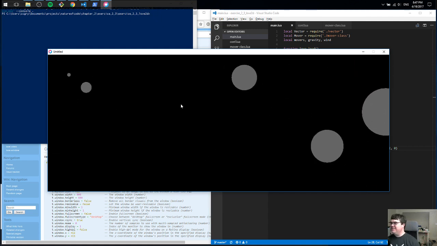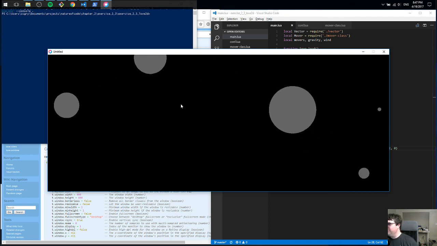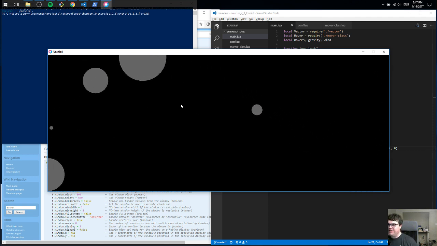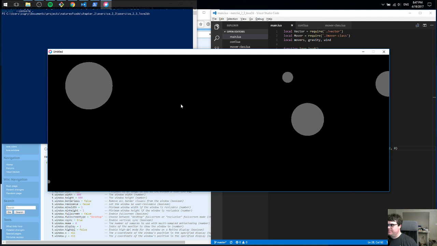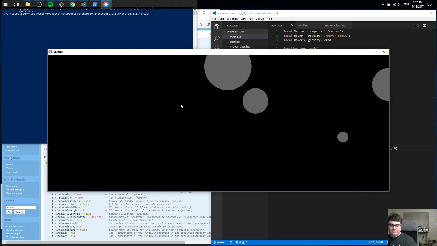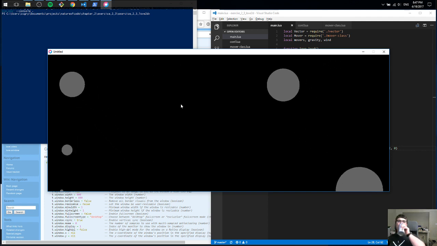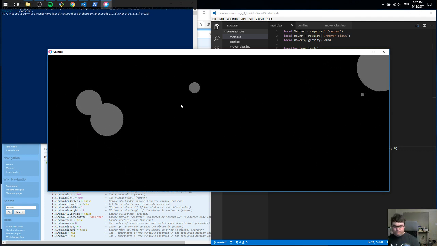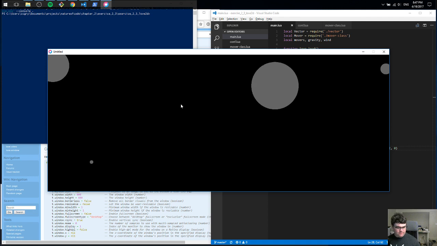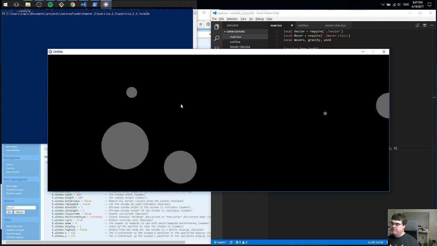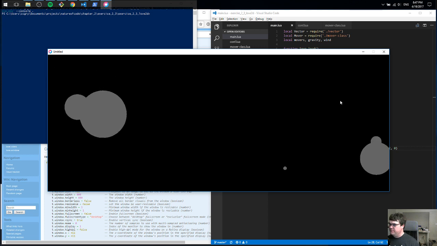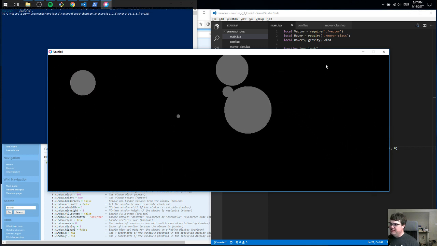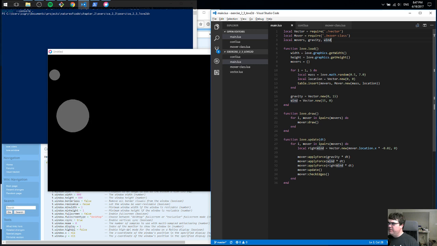I think it actually is touching the edge, but it's so close. It's like it doesn't really want to. And it kind of looks like it's not hitting the edge. We can verify if it is